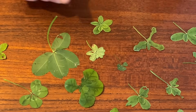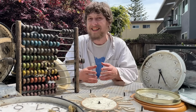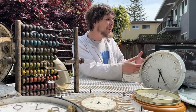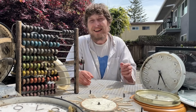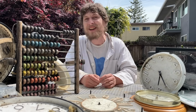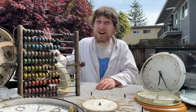In any case, it's going to be hard not to keep looking for clovers as I take walks around nature. I've been finding my eyes are just drawn to the patches now, since I know that they're much more frequent than I originally thought. It's mostly just that people don't look close enough. And when looking close, you can see some fun things, so clover hunting may remain a side hobby of mine,